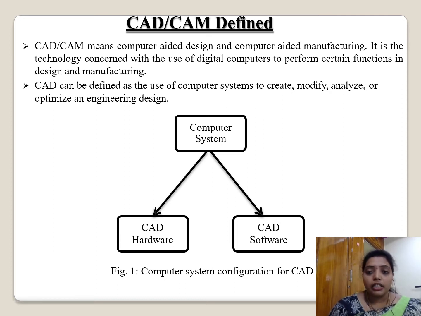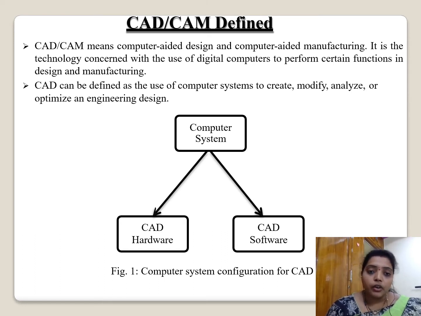Analyzing means we use the finite element analysis process. We apply loads onto the object and observe the stress and strain, Young's modulus, and all these can be observed in the finite element analysis process. We see whether the object withstands that load or not, and at which point it is going to break. All of those can be observed in the analysis process.